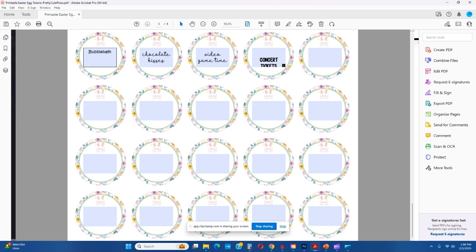You can easily personalize and edit fillable PDFs. So today I'm actually working on some printable Easter egg tokens, and they will be listed in the shop. And once I have them listed, you can